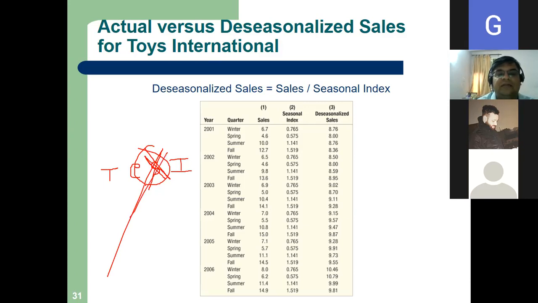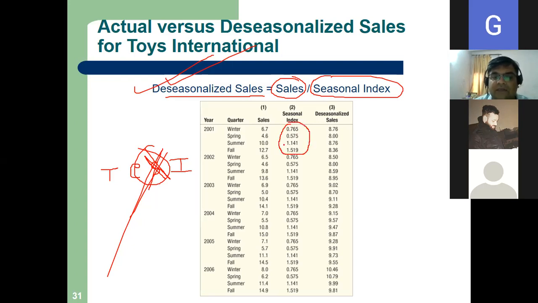So how do we do that? This is the last step. Deseasonalize cells. How do we deseasonalize? We divide the actual cells with seasonal index. How many index have I got finally? I will get only 4 index. See, all of you, these are my 4 final index. वहां पे तो मेरा डेटा नहीं था, बट विंटर का अब तो मेरे पास आ गया ना। विंटर, स्प्रिंग, समर, फॉल, चारों ही है। 2002, again the same.